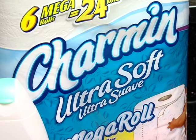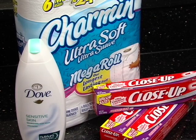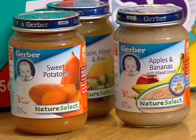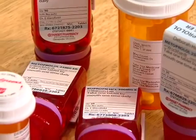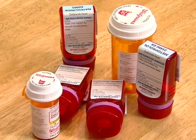Next, we're going to be talking about your family's personal items, including infants, family members, and pets. For the entire family, there should be enough basic toiletries, such as toothpaste and toilet paper, to last the duration of the storm. For children, all the necessities such as baby wipes, diapers, and baby food should be stored in your kit as well. Elders should include all of their important medications,